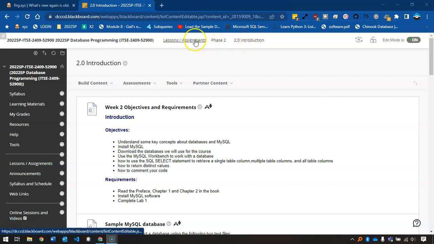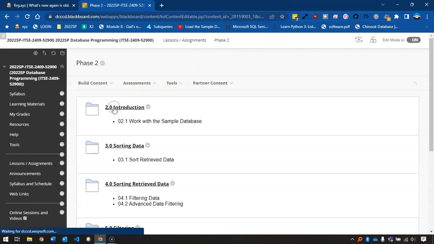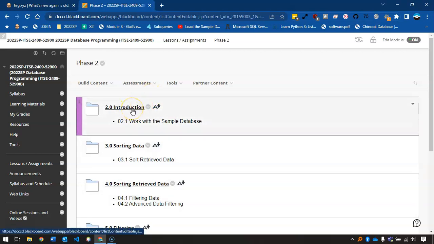I can go back and just simply start off with lessons and assignments. Phase 2 is at the top. If you click on that, you'll see a list of assignments starting with 2.0. There's no 1.0 because this is basically a previous class, and 1.0 has already been completed in phase 1